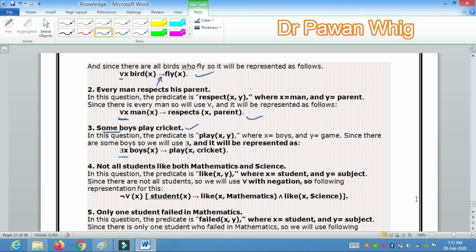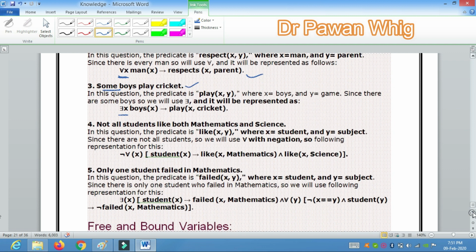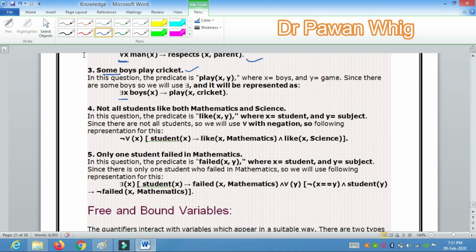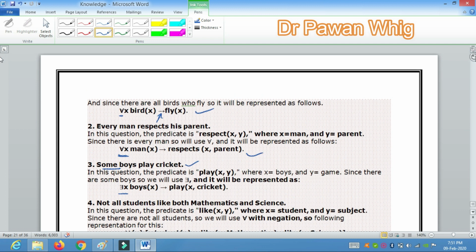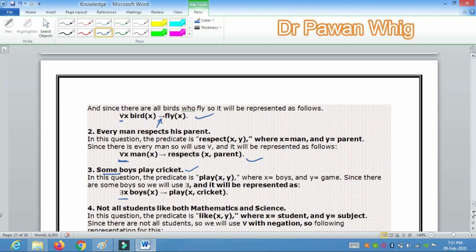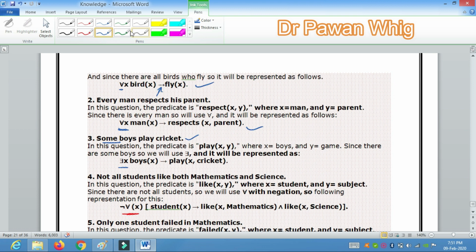Now if we are talking about a complex sentence: not all students like mathematics and science. So first of all you have to create not all, hope you understand. Not all means this quantifier, the universal quantifier. Similarly, only one: for some students, if we are talking, we have to use the existential quantifier. So hope you understand how to represent sentences with the help of these quantifiers. I request you to do more practice on predicate or FOL logic, and mind one thing: